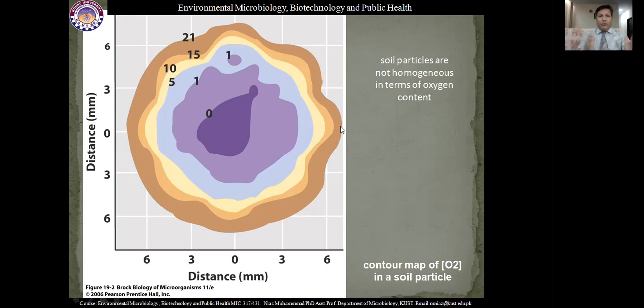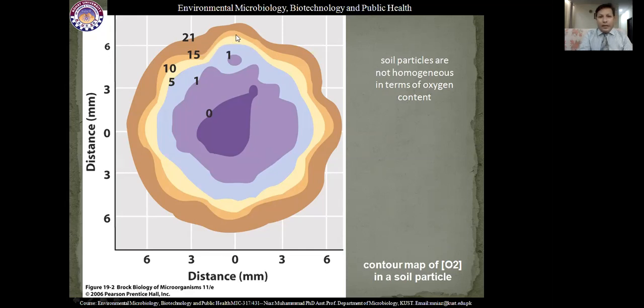So if the pollutant is present on the surface of the soil particle, it will be immediately and quickly decomposed by aerobic microbial communities, because on the surface of the soil particle my oxygen concentration is very high. So it will support aerobic microbial communities. They will grow, use the pollutant for energy, and decompose that pollutant, and gradually the oxygen